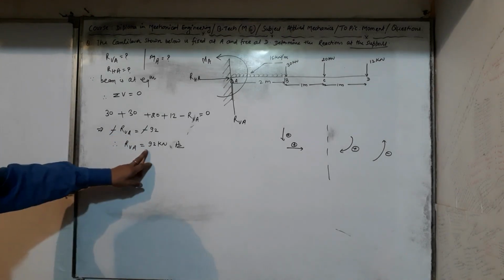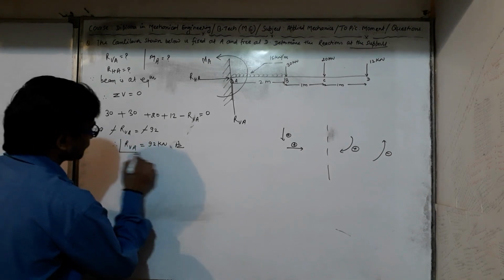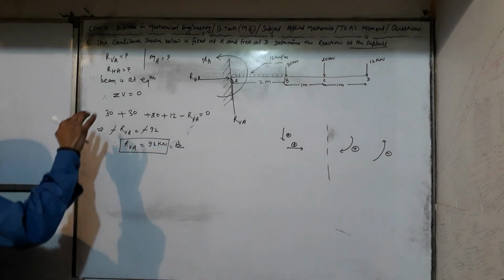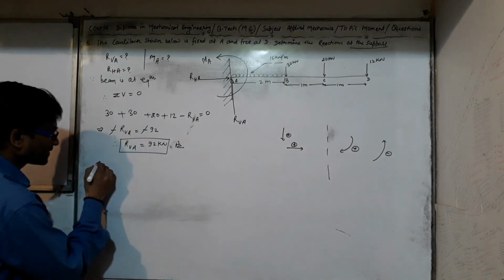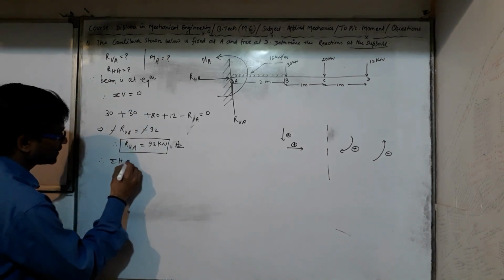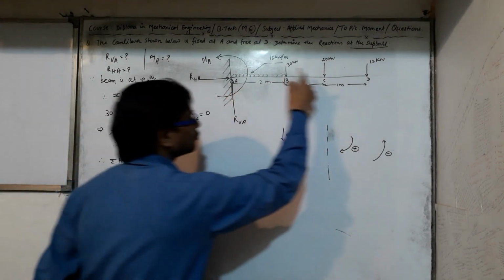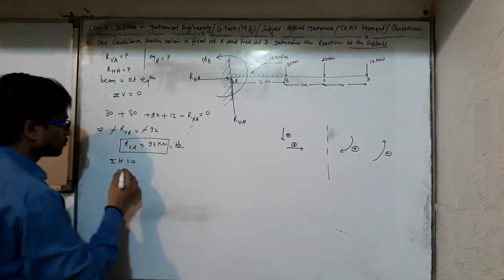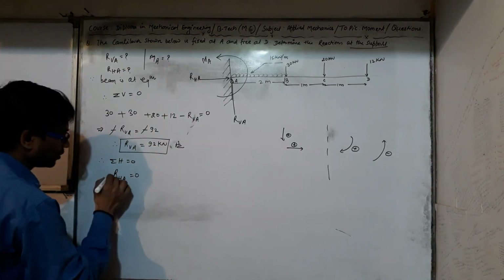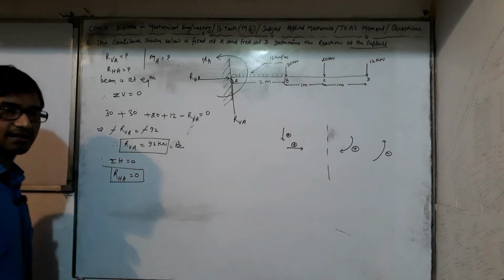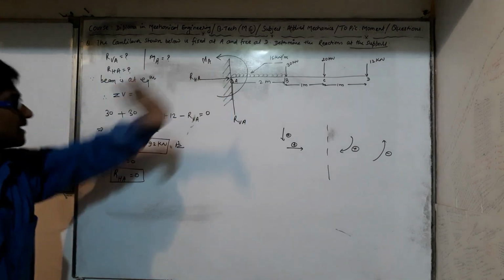Okay, now since it is positive, one thing is clear. Next, the beam is at equilibrium, therefore we can say summation of horizontal forces is equal to 0. Since only one force is acting and no more force is acting, it means summation R, that is R horizontal at A, is equal to 0. So no other force is acting, hence no reaction force acting in the horizontal direction.